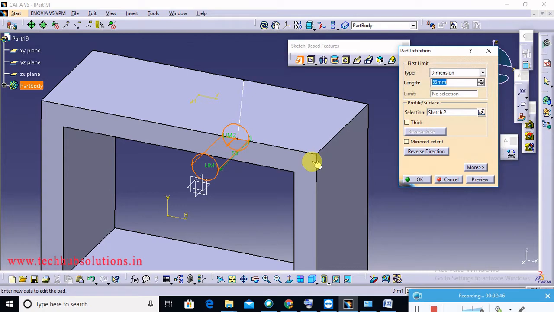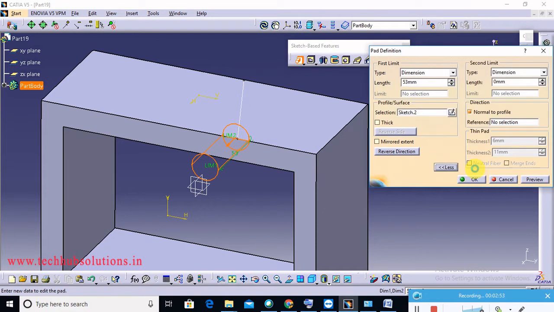Now this one is depth in 90 degree, but if you want mirror extent, if you want the mode option, then normal to profile, just uncheck normal to profile and select this line. So now follow this circle, follow this line.